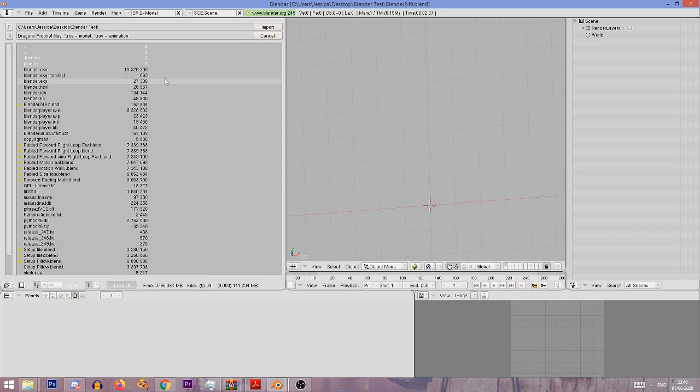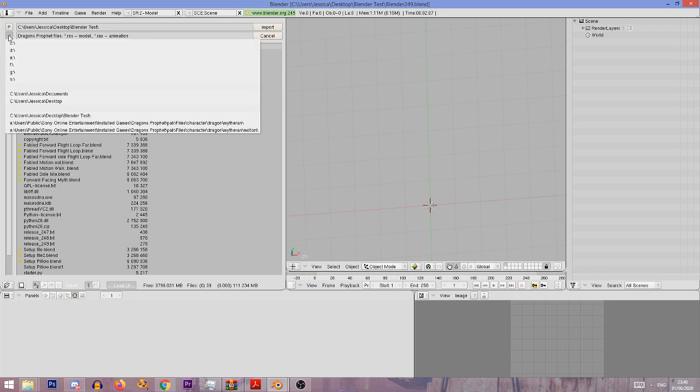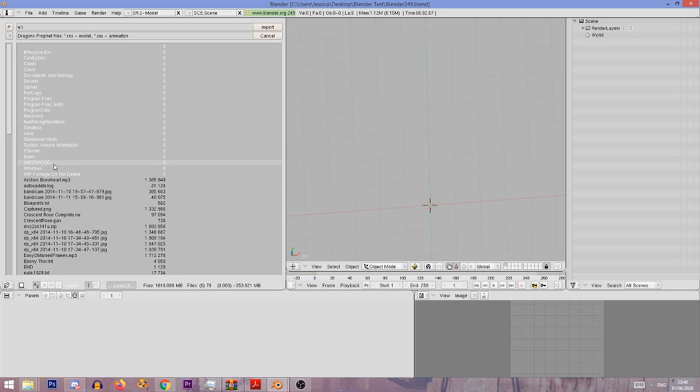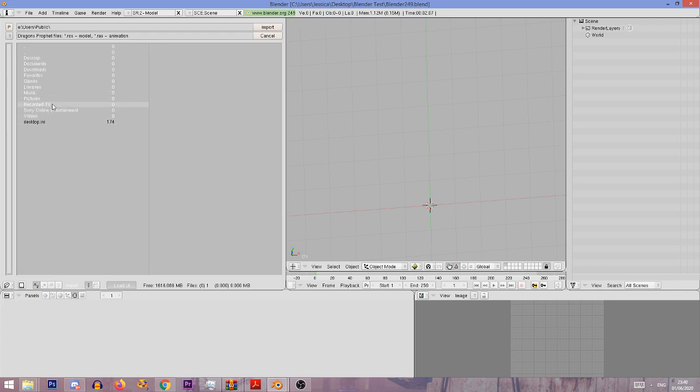When you press Alt and P, it will bring up this folder here, and from here it will ask us to open a ROS file or a RAS file. We want to open a ROS file first. So again, navigate to, well, obviously it depends on your drive, wherever your Dragon's Prophet is installed. So mine is E, users, public, Sony Online Entertainment, installed games, Dragon's Prophet, pack, files, character, dragon, and then here,